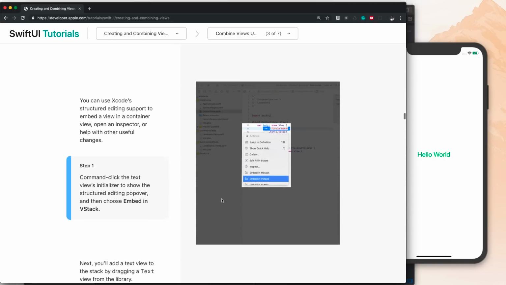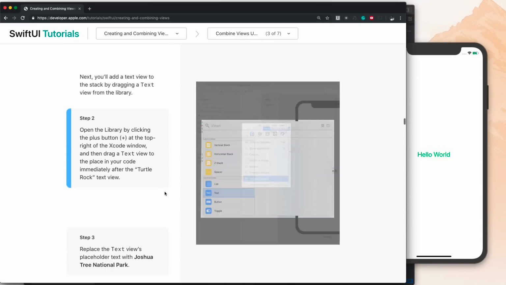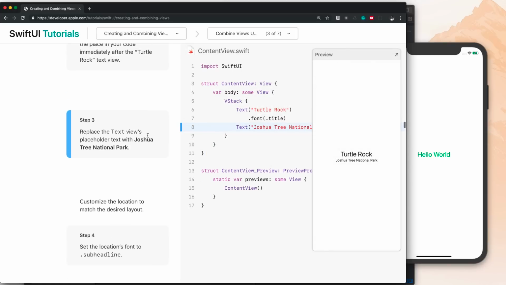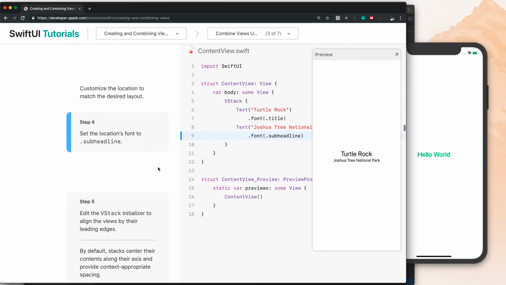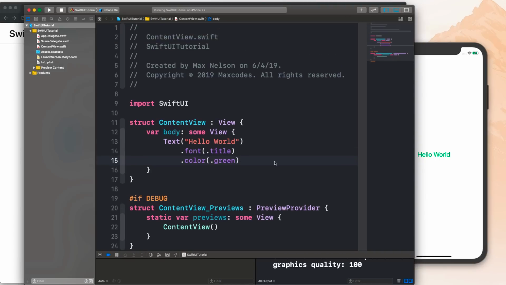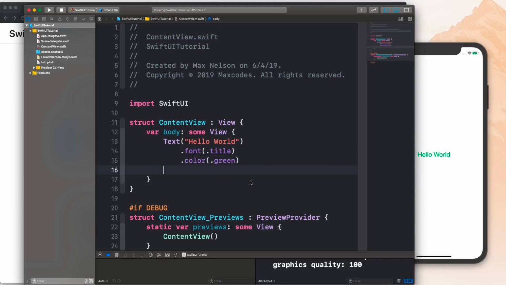Okay, let's go ahead and scroll down, and we don't need to worry about this because we don't have the canvas, but we can type in the code here, okay? So I'll scroll down, and you'll see that it adds a font to this additional piece of text, which we haven't yet added. So let's go ahead and go to our code and add that. All we have to do is say text, and then add in some more text. Maybe